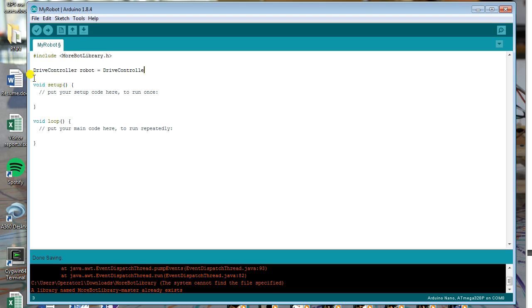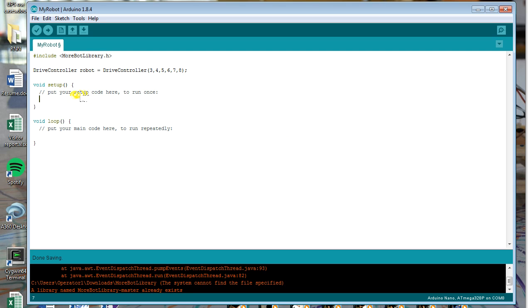DriveController. If we're using the breadboard, which all of you should be at the time of this video, you go 3, 4, 5, 6, 7, 8. So why do we do that? Well, short answer is it's not really worth getting into. Long answer is that's calling a function inside of our library that's creating this robot, and these numbers are things that robot needs to know in order to drive. So we don't really have to know what they are. You don't right now. In the future we can explain that, but just make sure that you have that. So after we do that,